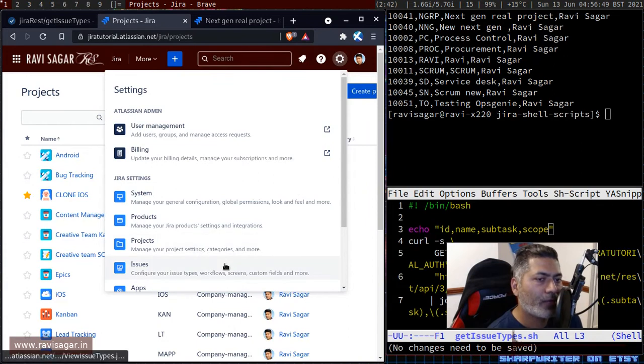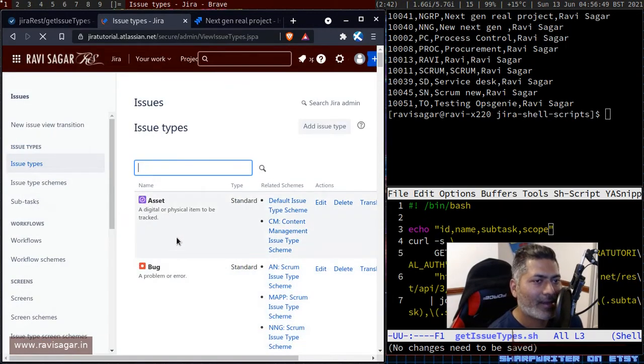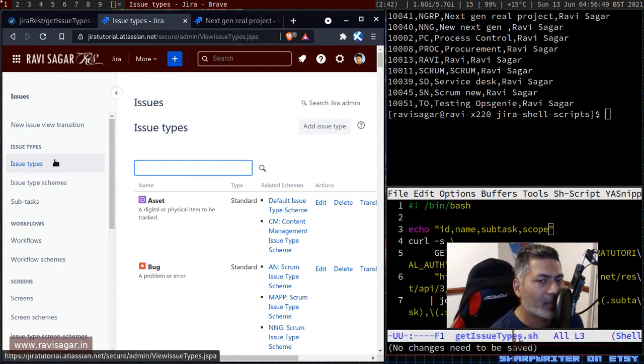useful. Now, when you talk about configurations, the very first thing that you will probably do is take a look at your issue types, and this is of course the beginning of your configuration, because that is where things start. I remember when I used to train people on Jira, I used to first cover the Jira basics and fundamentals, but the very first thing in the Jira admin part was the issue types.